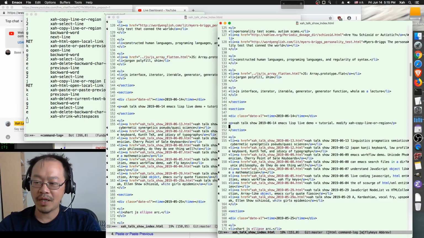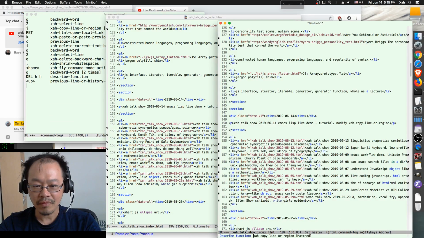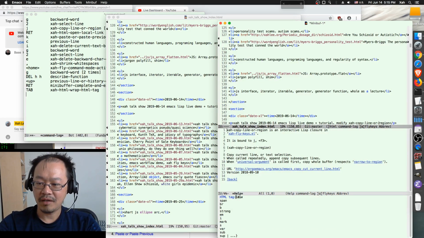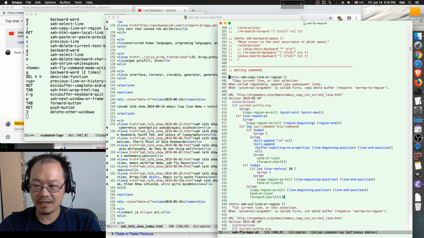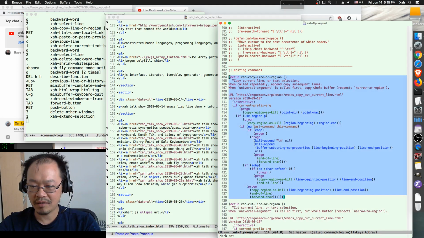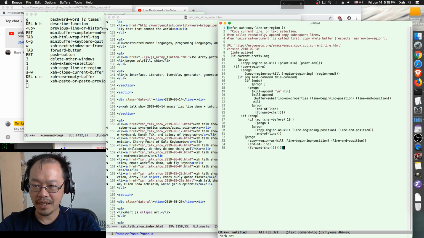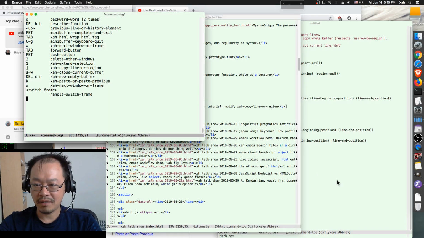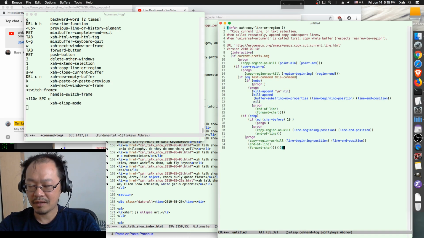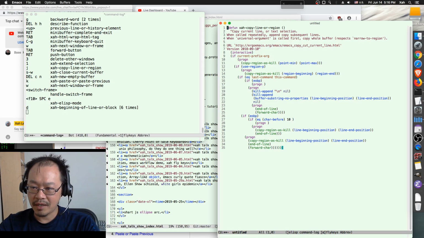You see, basically what happens, let me show you the code, xah-copy-line-or-region. Okay, so let's go to the code. Here's the source code. Copy that, close it, make a new buffer, paste, and let's make it xah emacs lisp mode. Okay, so here's the code. What it does is that when you copy a line,